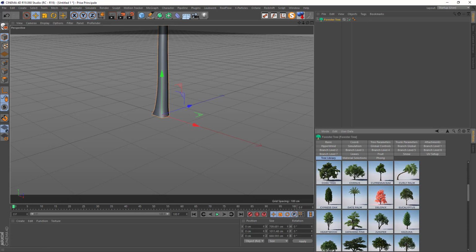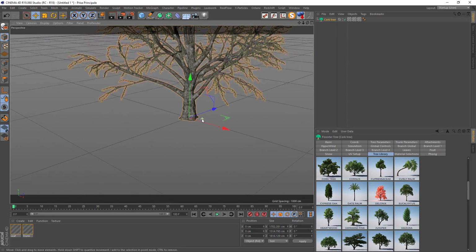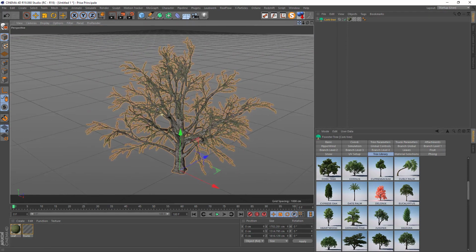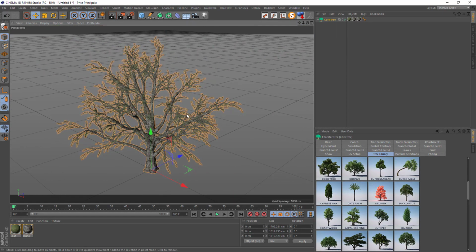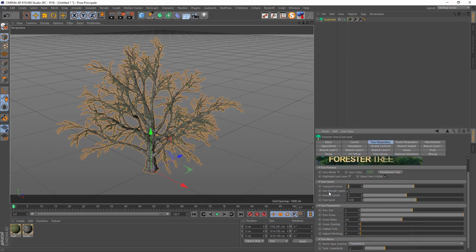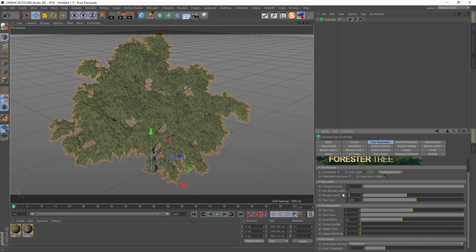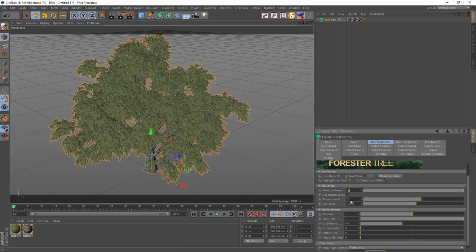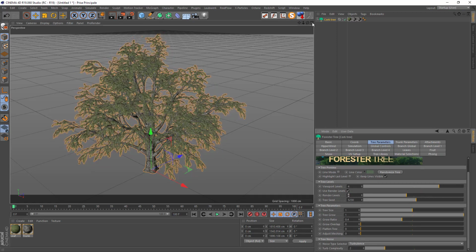Whatever, take your tree, and to make it grow, if you want leaves and so on, you can go to tree parameters and keep maybe 5 and 5. Yeah, so we've got leaves, or maybe 5 is too much, I will keep it to 4. And 4, like that. Okay.